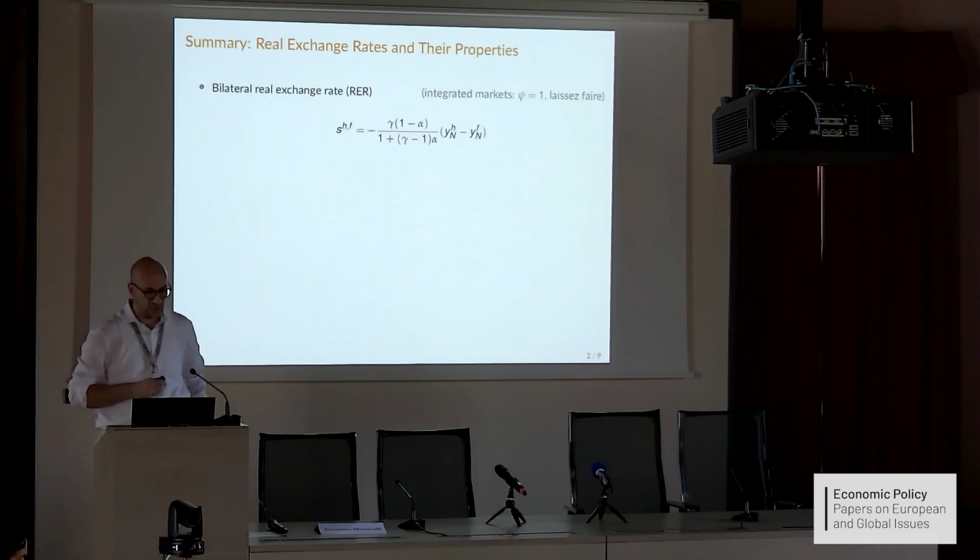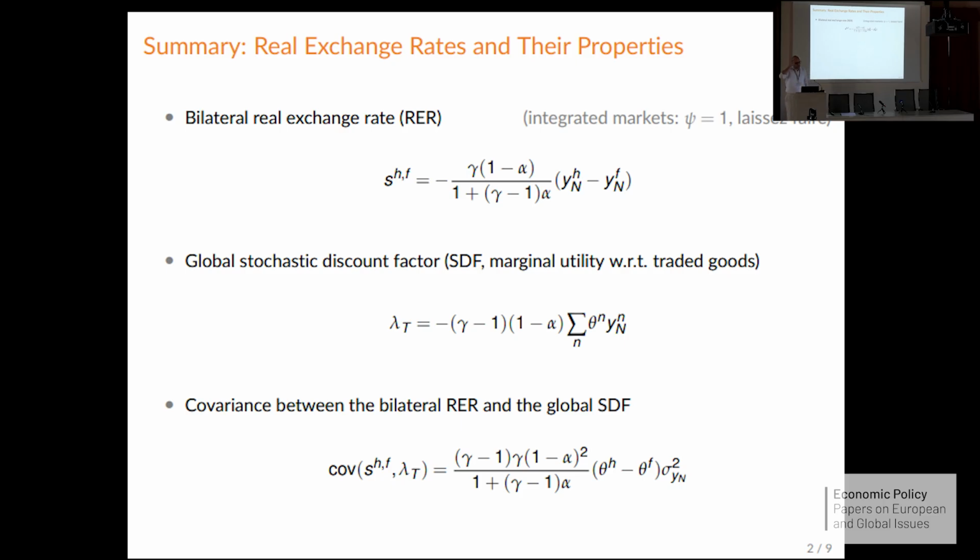as the anchor currency. So in a simpler version of the model with integrated markets and laissez-faire, the bilateral real exchange rate between home and the foreign economy is inversely proportional to the relative supply of non-traded goods. When the home non-traded goods deteriorate, the real exchange rate appreciates. Here the convention is that the real exchange rate increases, meaning that the price of non-traded good at home will be larger than the price of the non-traded good abroad. Now in this model, obviously, a deterioration of a home non-traded good under some condition increases the demand for traded goods, increases the marginal utility of traded goods.